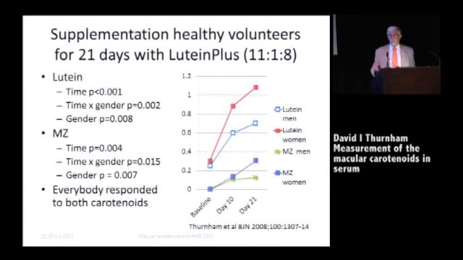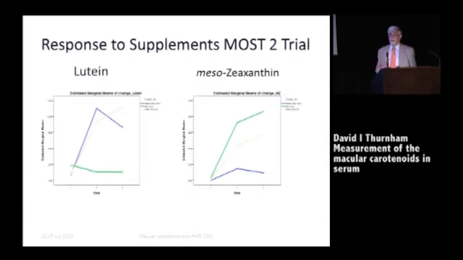There were no non-responders. And you can see there are time effects and time by gender effects: the rate of increase is different between the genders, and the genders differ in the amounts. So there were no non-responders in these 21 subjects. These slides you've already seen from John earlier yesterday, and from Katie on the posters yesterday as well.